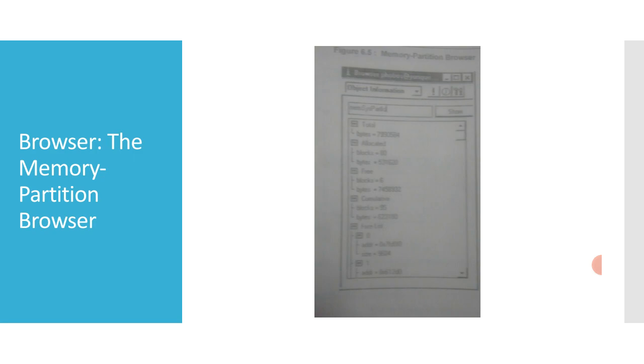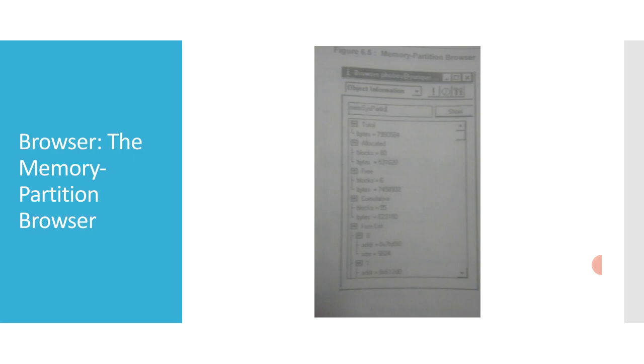One is the total size of the partition, the number of blocks currently allocated and their total size in bytes, the number of blocks currently free and their total size in bytes, the totals allocated since booting the target system, that is headed cumulatively, and the size and address of each block currently on the free list.